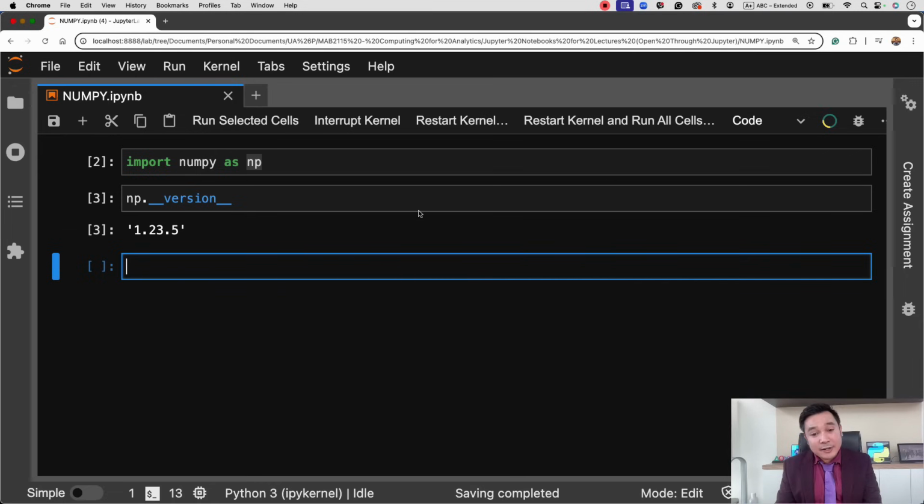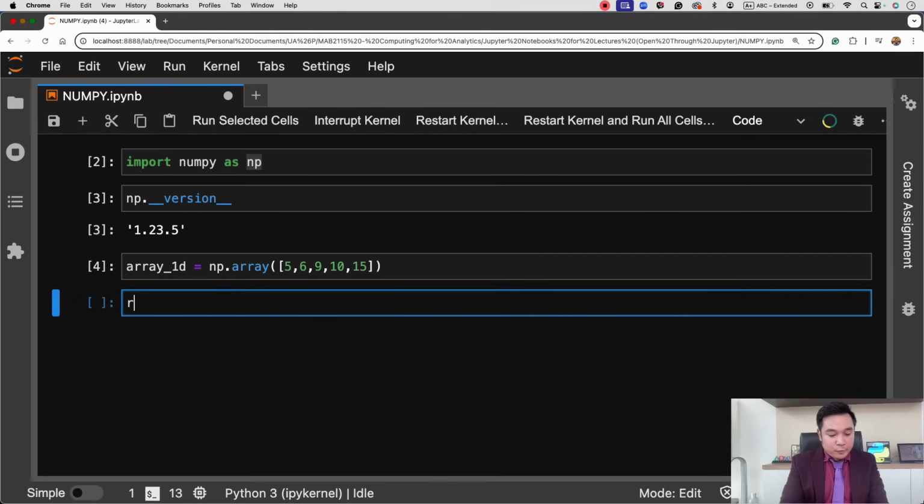Now, in this case, let's create our first array. To create our first array, we simply do the following. Let's call it array_1d, and it's np.array, and we have here, let's say, 5, 6, 9, 10, 15. Arrays are the heart of NumPy. Arrays are like lists but optimized for numerical data, so you'll see why computations are so much easier with this one. And if we want to view it,